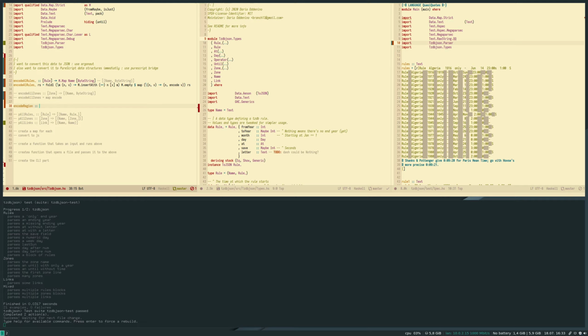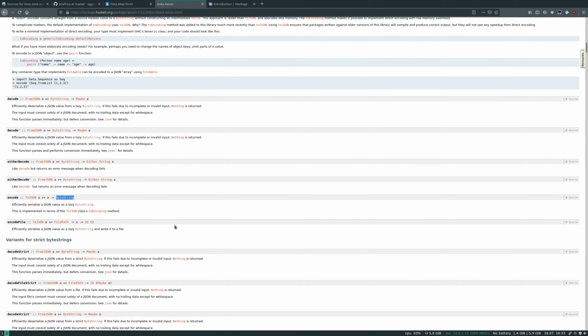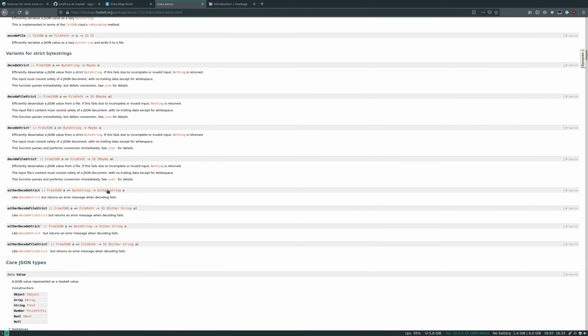Which I guess can take some input. Let's make it take just this for now. And returns byte string. I'm surprised that there isn't a more specific representation like a JSON type.